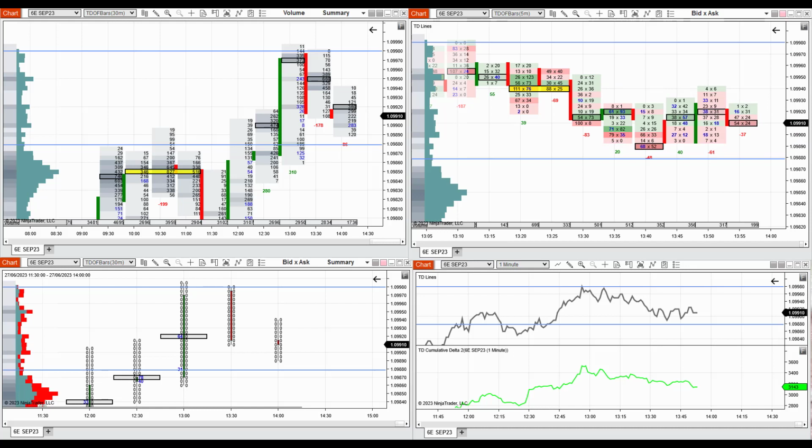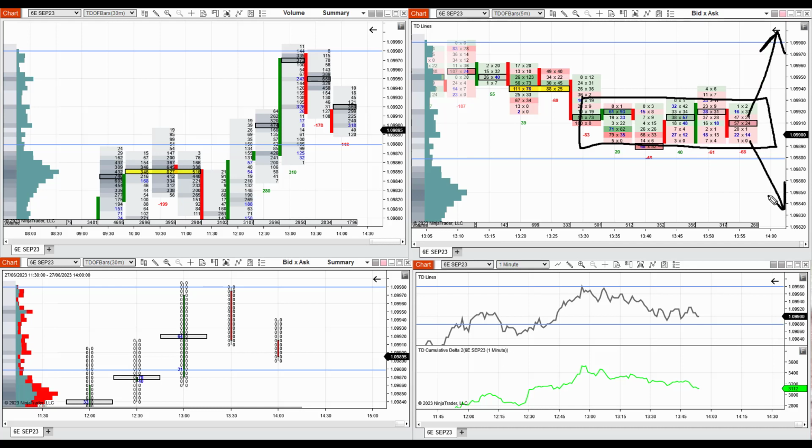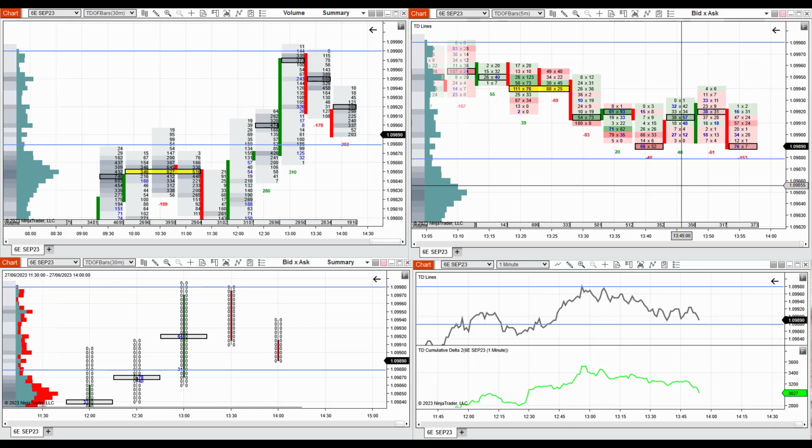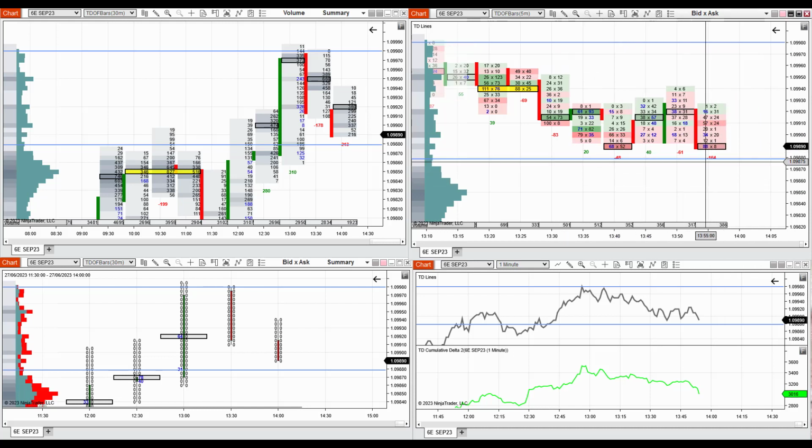The longer the rotation, the bigger the chance that there'll be a breakout of the rotation, which would be a sudden movement upwards or downwards. That's how rotations end, with a breakout. All right, let's get back to trading, because the price just tested this zone with negative delta, left a huge